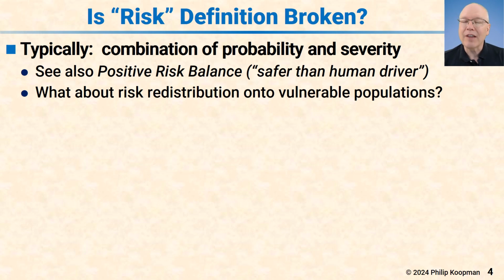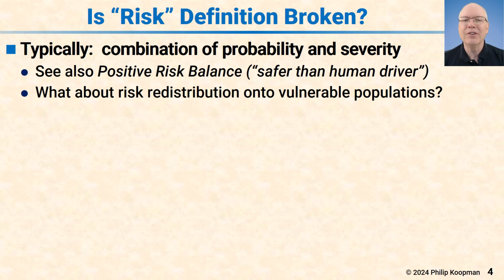What if, and this is hypothetical, the number of fatalities from self-driving cars was half that of human drivers, a 50% reduction? That'd be great, except what if it's also the case that every single victim was a child in a crosswalk in a school zone? Now that's obviously hypothetical, but that's not going to be okay. So net risk is important, but there's more to it than that.